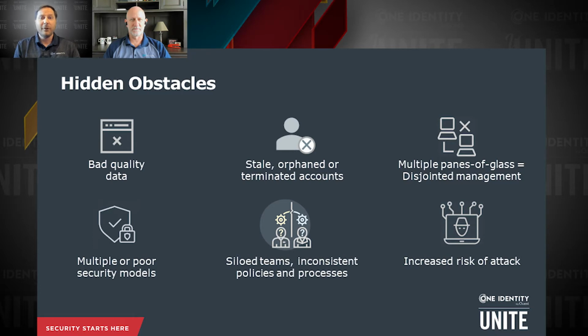Or orphaned accounts. This happens a lot with administrative accounts, more so than we would all frankly like to admit. And that's a scenario where I'm an IT person and I had an administrative account, I leave the company, and somebody forgets to terminate my administrative account. Well, with active roles, that's pretty easy to fix. We just make sure that we stamp the administrative account with, say, the employee ID or something like that. And when we go through our termination process, we make sure we look through the directory for somebody who has that same employee ID or some subset or whatever it is inside that terminated account as well.